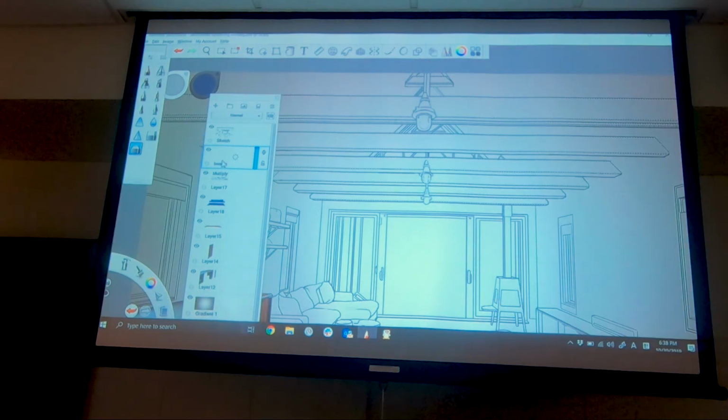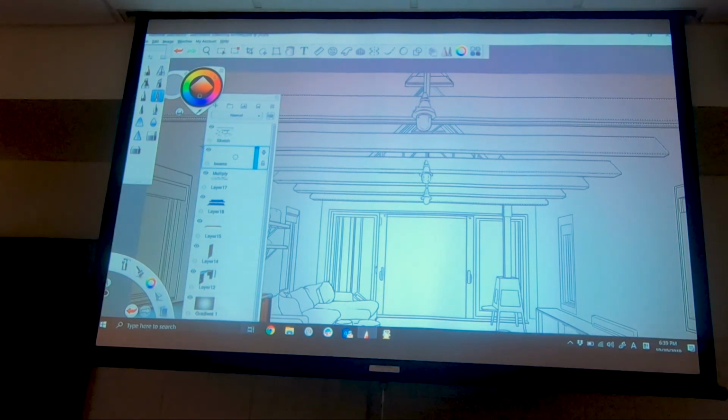Always go back to the beam layer. Don't do the same thing I did just a few minutes ago. And then just pick a color. It's really close to the black color, but still has some value in the color. And then use solid fill. I'm going to use the brush tool rather than solid fill,